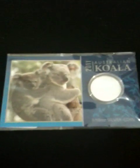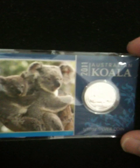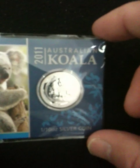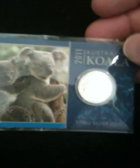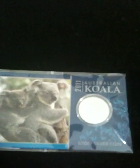bullion. But remember, during the Hunt Brothers high, they produced little items of silver, and often they're actually worth quite a bit because they're rare, very hard to find. So I would think this is a good coin for people who want to collect coins, not so much for people who want to collect bullion. But there you go. And just to show you how it compares to a 1 ounce